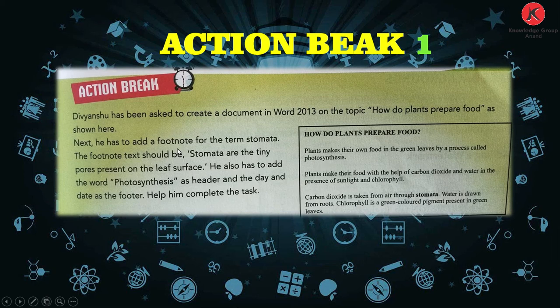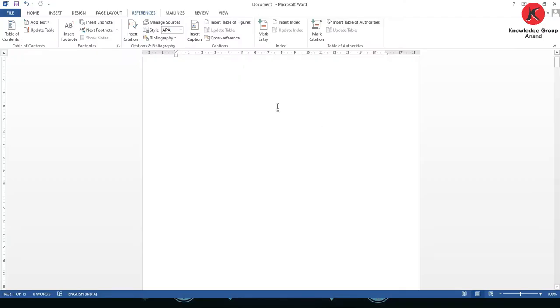Okay, so let's start. How can we do it? First thing is we have to type this paragraph. So I'm going to type the paragraph. I will type on the first page.